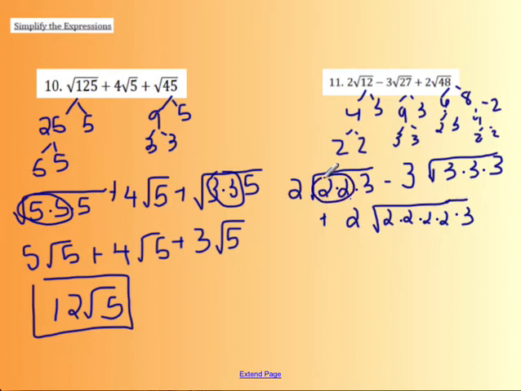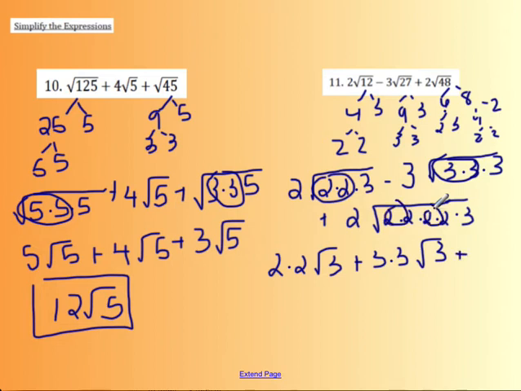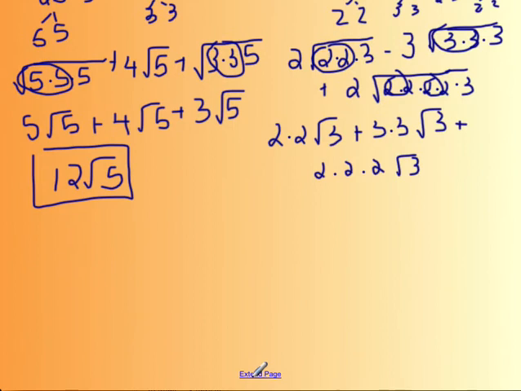So here I can take out a pair of 2's. So I have 2 times 2 radical 3. Then out of my next group, I can take a pair of 3's. So then I have 3 times 3 radical 3. And then I have 2 pairs of 2's that I can take out. And then I'm going to get 2 times 2 times 2, and then I'm going to have radical 3. So what I end up getting then is 4 square root of 3